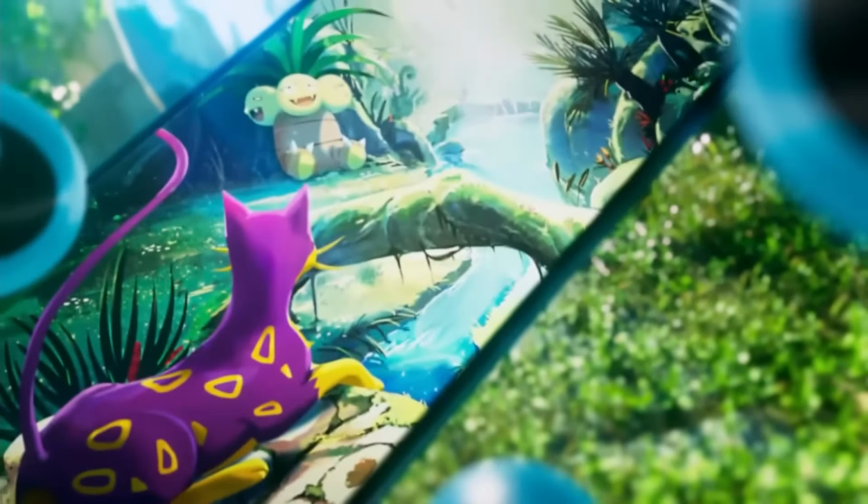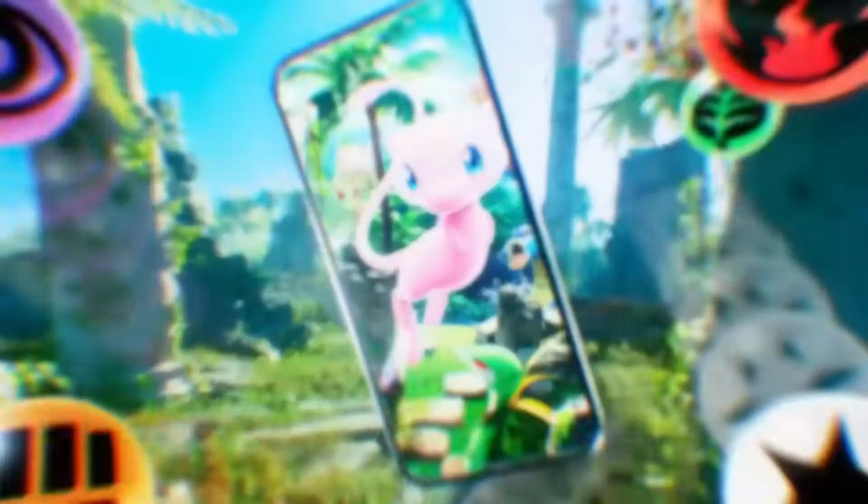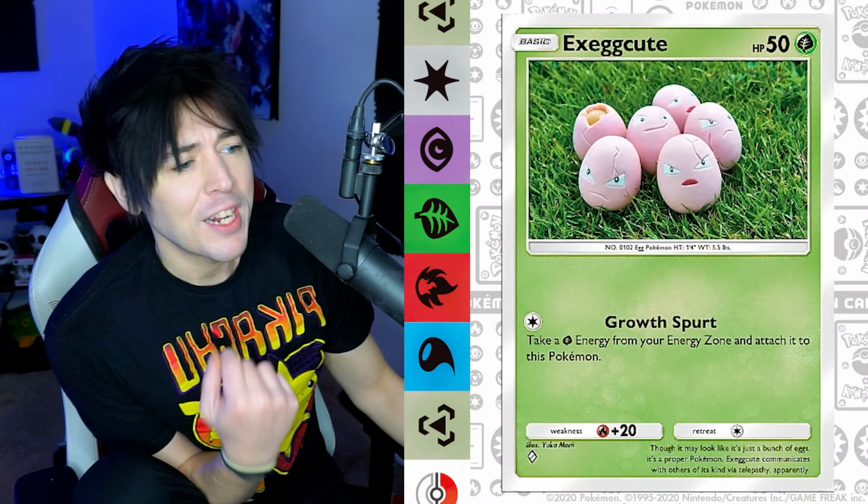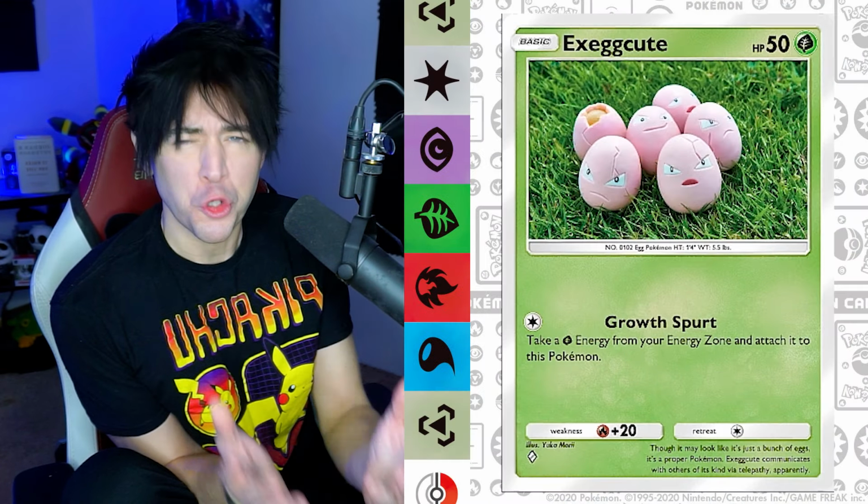Mystical Islands has finally arrived, and we're doing a full in-depth breakdown of every card in the set. That's right, over 80 cards. We're going to be breaking them down right now. Let's start with Grass. Now, first up, we have Execute, which is going to look a little strange on the